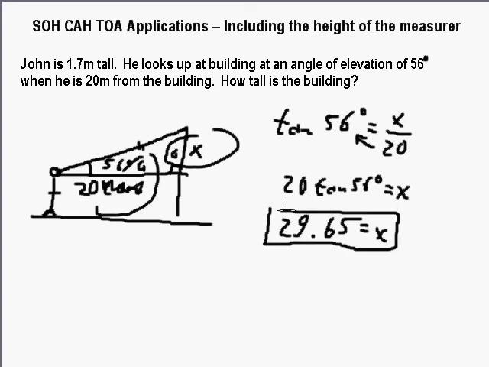That's not the height of the building though. What do we have to do? Well, this is where the height comes in. So the measurer, if we're not just making their height negligible, he's actually 1.7 meters, which actually makes a difference here. So this distance x, we have to add 1.7 meters onto there, because that's his original height. Now, I know that this diagram looks a little bit silly, but add 1.7 on there. You're going to get